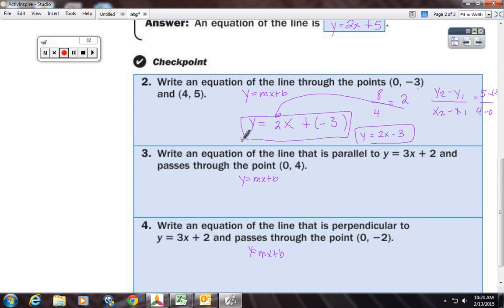M and b. Do I know automatically what b is? Okay, 4. So now all I have to do is find m. How do I find m? Do I have 2 points on this one? No, I don't have 2 ordered pairs, but I do know this. The line is